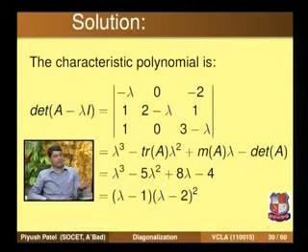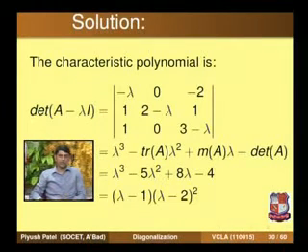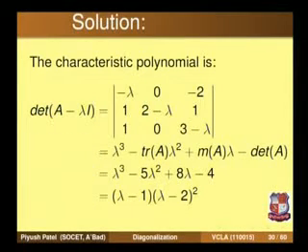or by the shortcut method, that is the formula for the characteristic polynomial as we discussed in the last lecture: lambda cube minus trace of A lambda squared plus M of A lambda minus determinant of A, where trace of A is the sum of all the diagonal entries of the matrix. M of A is the notation for the sum of all the minors of the diagonal entries of the matrix A, and we know the determinant. So by calculating these three constants, the trace of A, M of A and the determinant of A, here the trace of the matrix is 5, M of A is 8, and the determinant is 4.